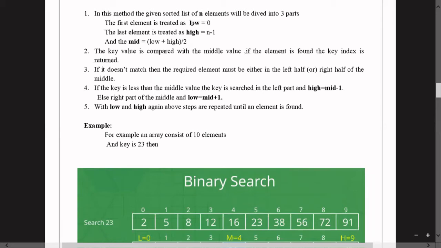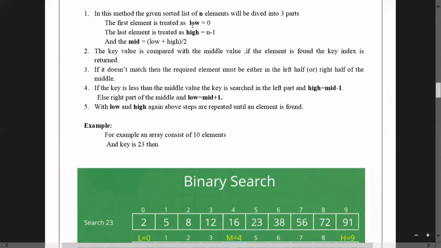After considering low as 0, the first index value, and high as the last index value of the array, then using the low and high, we will calculate mid. How to calculate mid? Low plus high by 2, if you do that, then you will get the mid position.